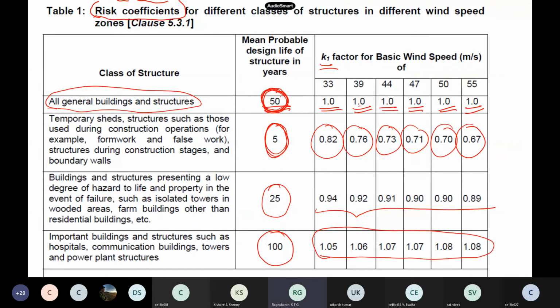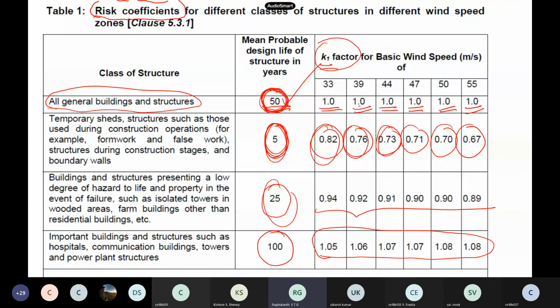See, our code value is 50 years they give. But now if the design life is increasing, what should happen to this K1 factor? Is it increasing or decreasing? Increasing. Why is it increasing? Because our code says design life is 50 years only, but we have taken it to be 100 years. So if you have increased the design life, the exposure time increases, risk also increases. So your K1 factor has to be increased actually. Suppose the design life is less than the 50 years our code specifies, then you can decrease your design value also, to make it more economical.